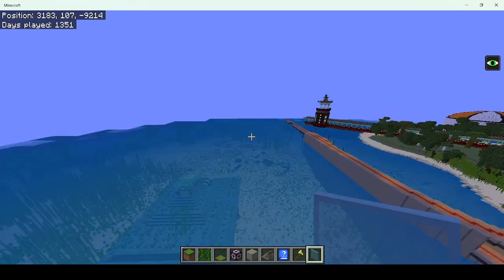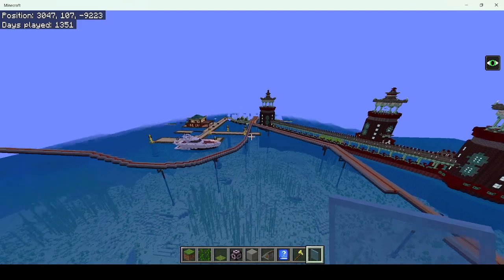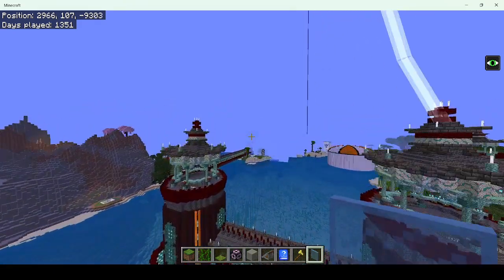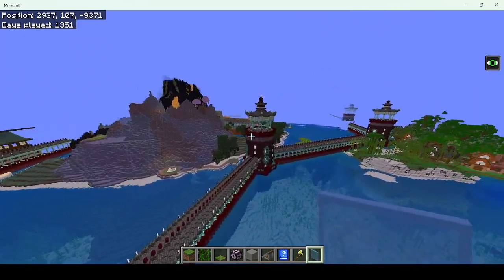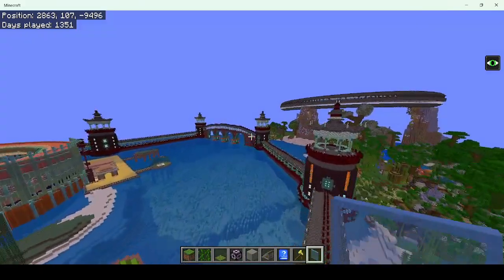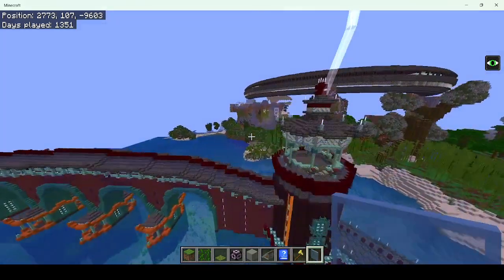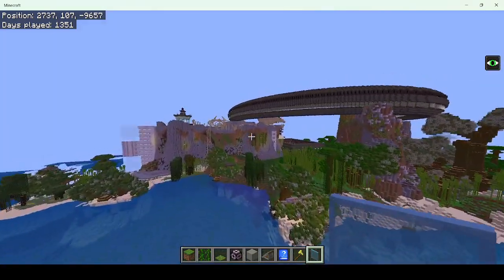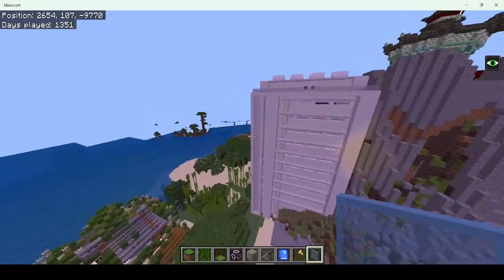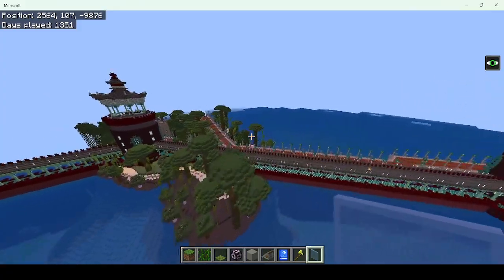Where is it? Oh, I went the wrong way. Oh well. I'll get back there. I should have gone this way. So yeah, we're back over the volcano. Dragons and on top of the admin buildings. They actually go all throughout this pillar here. But if we follow this track,